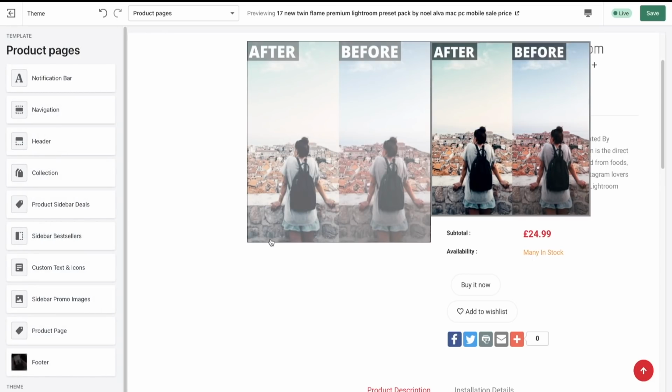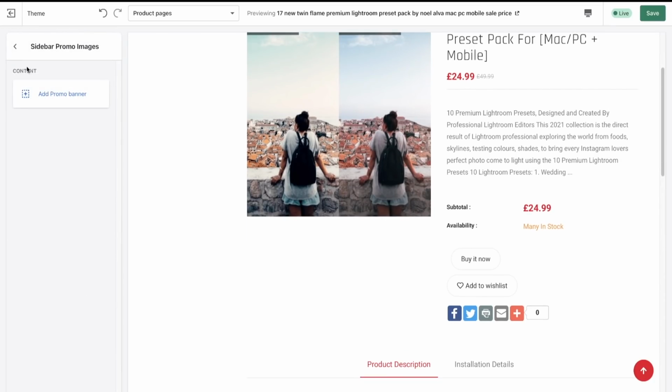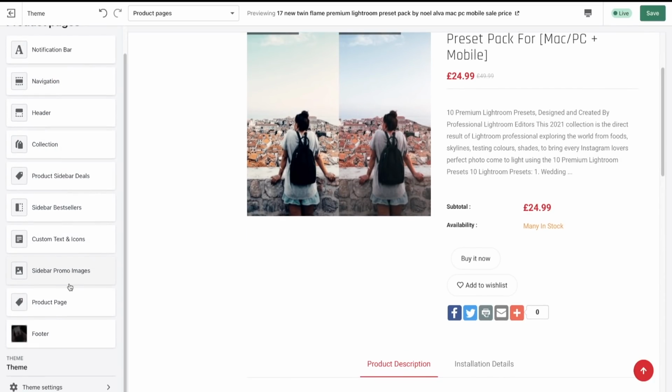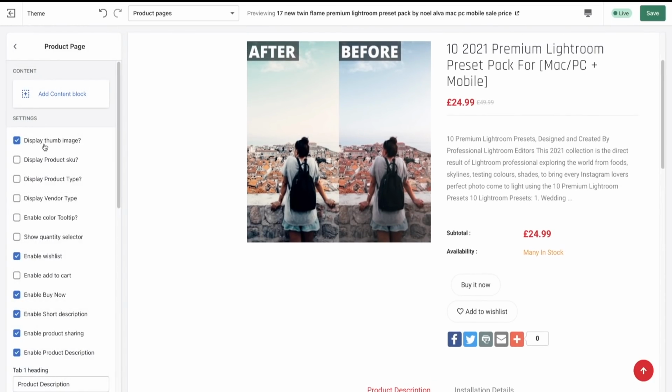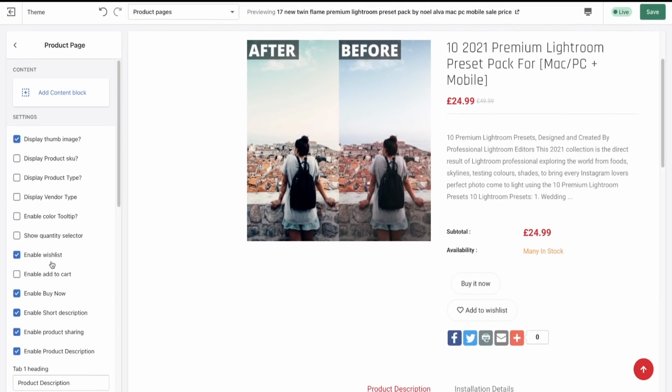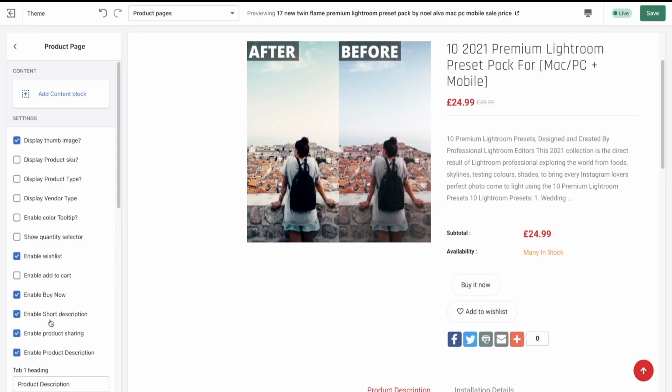I like to keep the product page nice and clean. Sidebar promo images, I don't have any of those. Then you want to go to where it says product page. I have display thumbnails turned off. Enable wish list is on, enable buy now on, enable short description, which is this here, that's on. Enable product sharing on, enable product